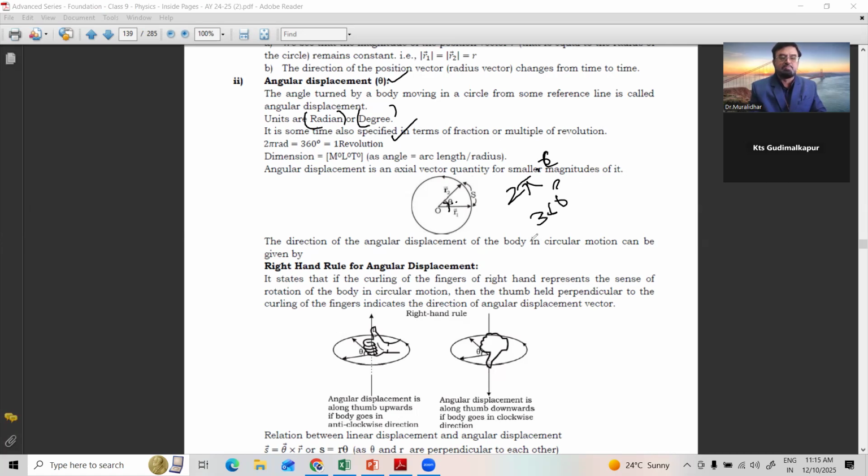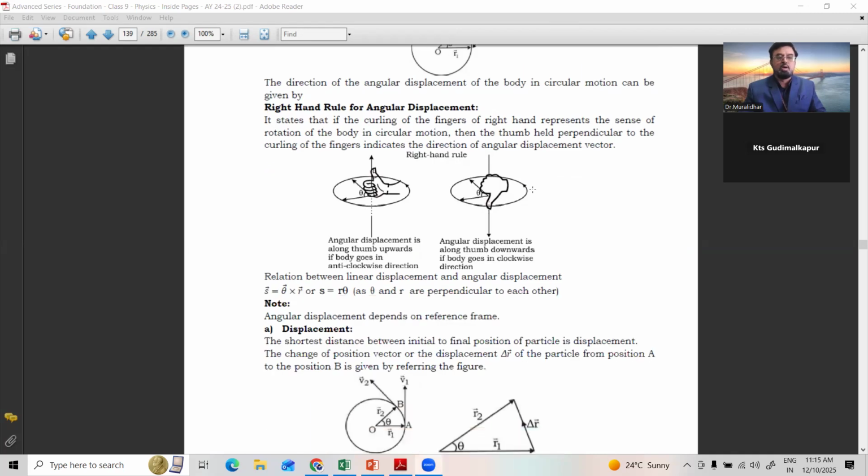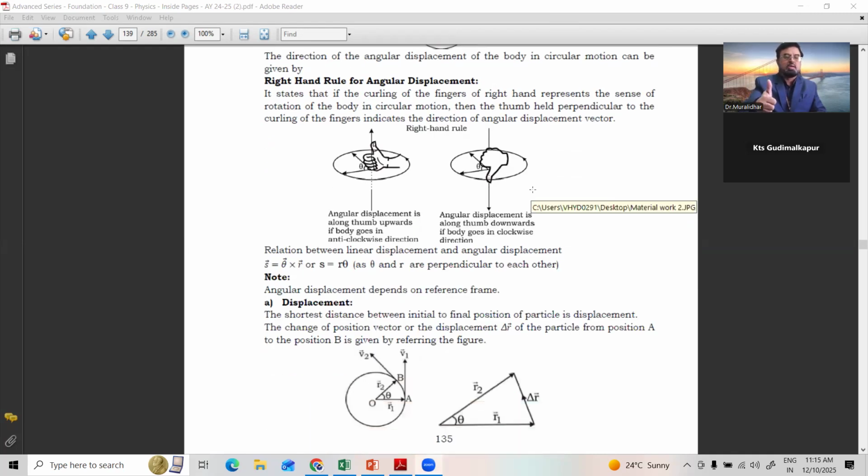The direction of angular displacement of a body in circular motion is given by the direction in which the body is moving. What is the direction of displacement? You can easily understand it by the right hand rule. Keep the folded fingers and thumb like this and see how it moves in a circular path. Starting from one point, if you keep on moving in this direction, the thumb direction will show the direction of the displacement. It states that if the curling fingers of the right hand represent the sense of